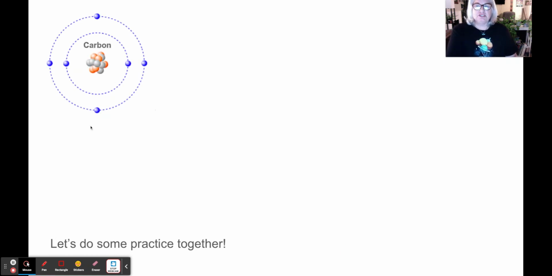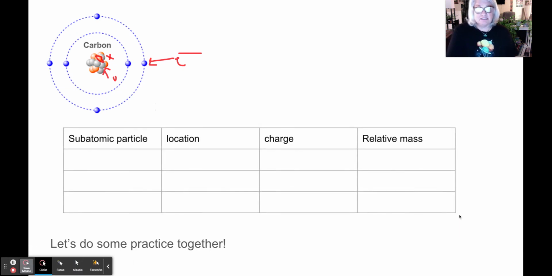So you'll see pictures like this, and what you basically are looking at here are these little red circles here are protons, so those are my positive. The gray ones here are neutrons, those are neutral. And then out here in the cloud, I have electrons, which are negative. And so I want you to go ahead and pause the video and fill in this table. You can do it in your notes, but go ahead and tell me what's the name of the particle, where it's found, what's the charge, and what is its relative mass.